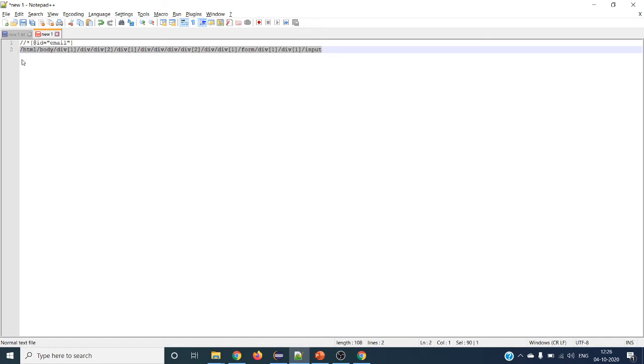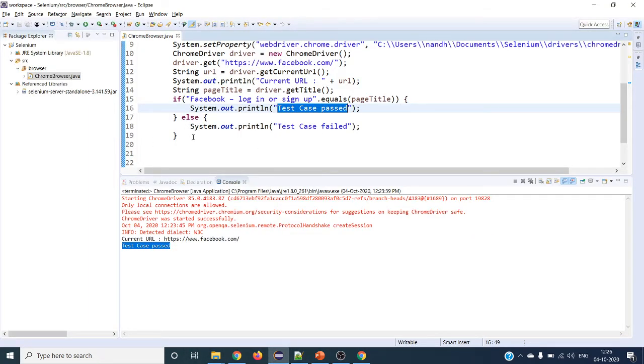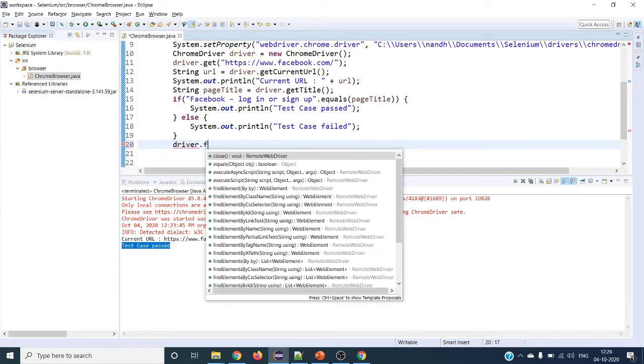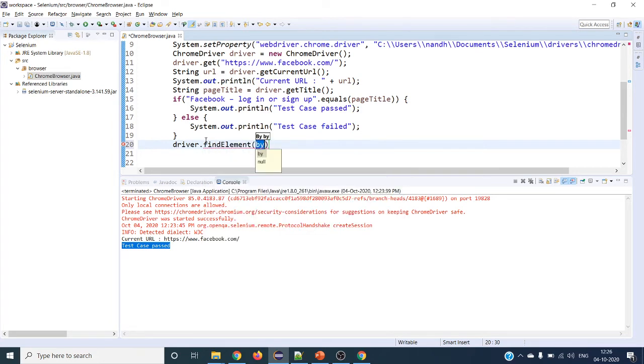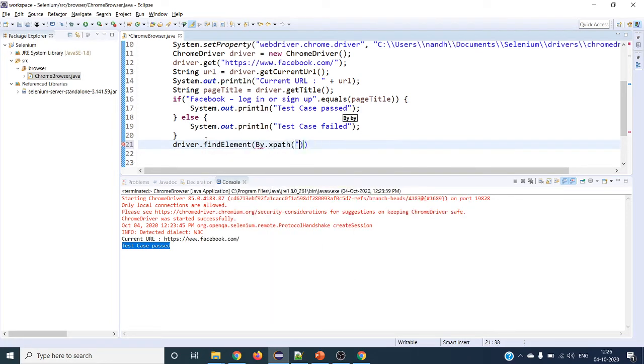Even with a small change, your test case will fail. So it is highly recommended that you use relative XPath, and I'm going to use relative XPath over here. The next step is to take driver dot findElement by XPath, and we have to give the XPath over here.